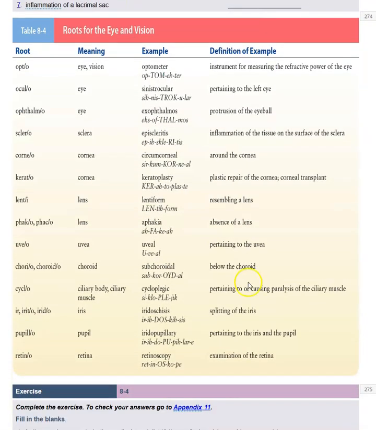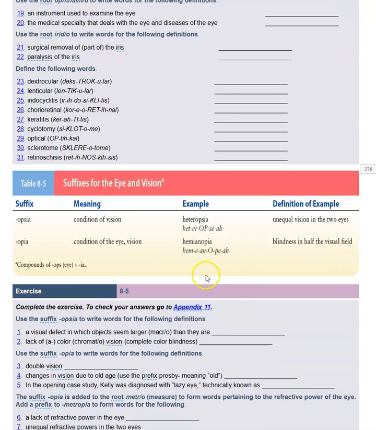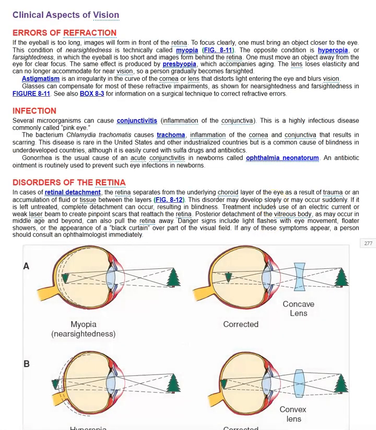Okay, we're going to keep going. Another exercise. Opsia, opia. So heteropsia is the unequal vision of two eyes. Hemianopia is blindness in half the visual field. That would be so frustrating. Okay, here's our clinical aspects of vision. Errors of refraction. Astigmatism is pretty common, where the eye is kind of shaped like a football instead of a round